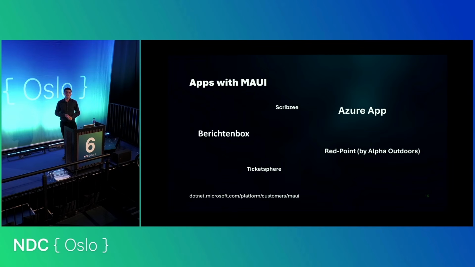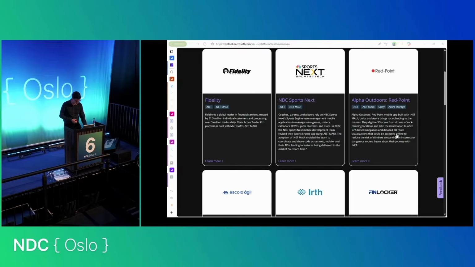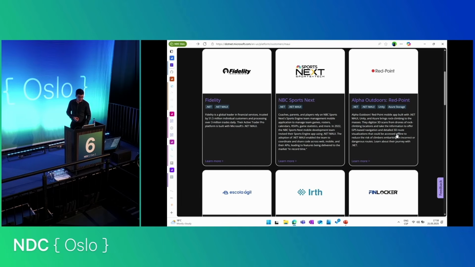So for example, the Azure app on Android or iOS, which you can download. For example, as well, Berichtenbox, which is, I think, a Netherlands app for some government stuff. Schreibsee, Ticketsphere, Redpoint, those are all applications written with MAUI, and there are many others. I hope I can alt-tab here. Yes. Here